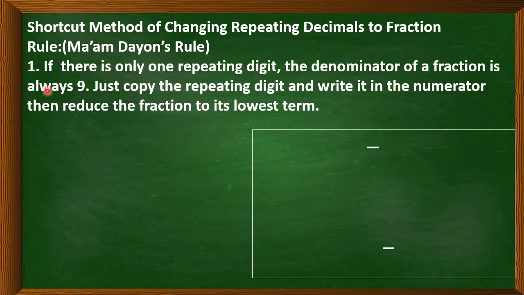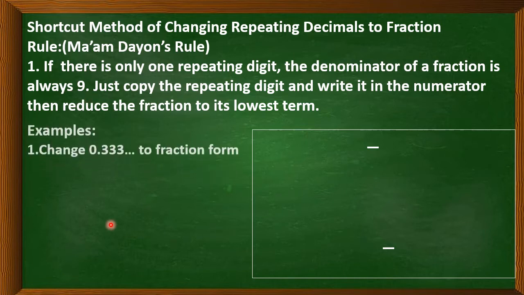First, if there is only one repeating digit, the denominator of the fraction is always 9. Just copy the repeating digit and write it in the numerator, then reduce the fraction to its lowest term. So very easy. If we only have one repeating digit, it is understood that the denominator of our fraction is 9. Then we copy the repeating digit and write it in the numerator. So, for example, change